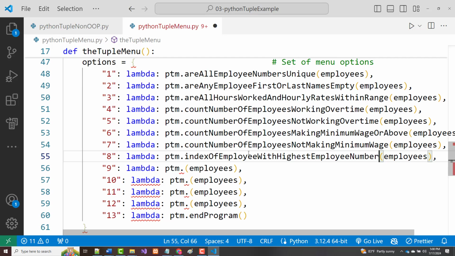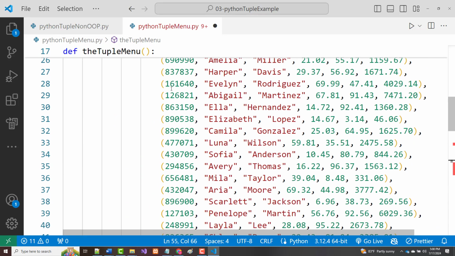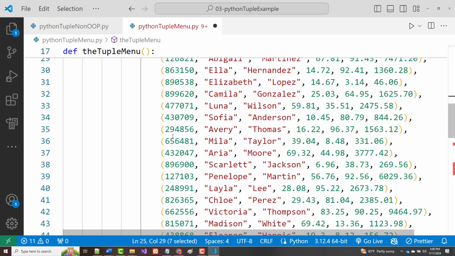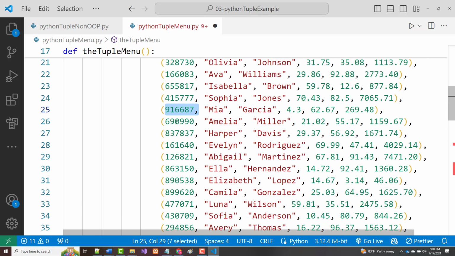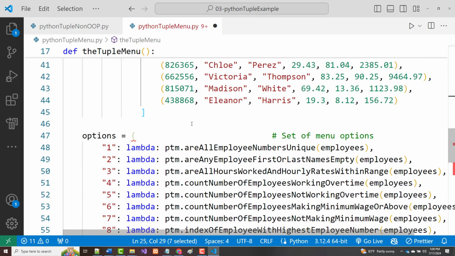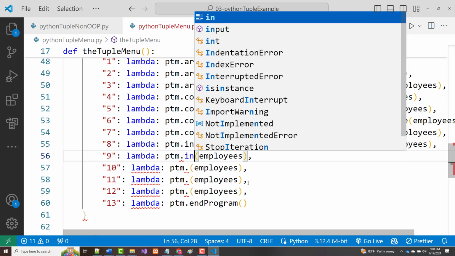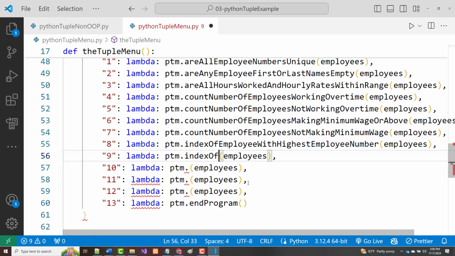Now think about these. With the highest employee number, that's going to look through this list. There's one with a 9. Probably that's going to be Mia Garcia. Okay, that's what that'll return, just so you've got an idea. All righty, we've got 4 more to go here. So next we'll have an index of employees with highest